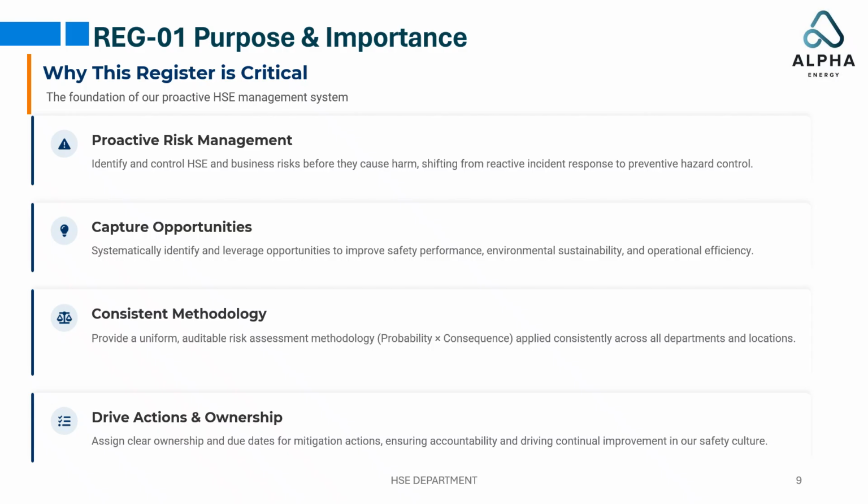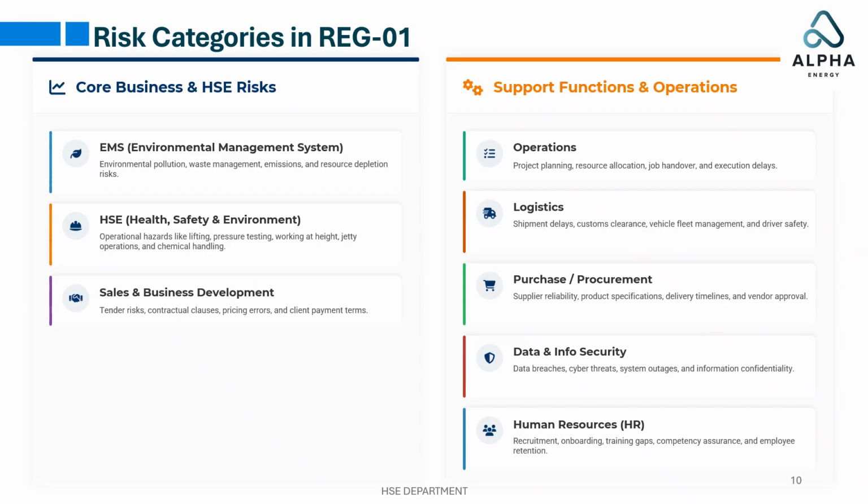Finally, it helps drive actions and ownership by assigning clear responsibilities and timelines for mitigation measures, ensuring accountability and supporting continuous improvement in the organization's safety culture. The risk categories in Reg 01 cover both core business and HSE-related risks as well as operational support functions across